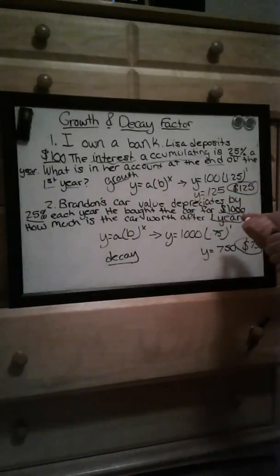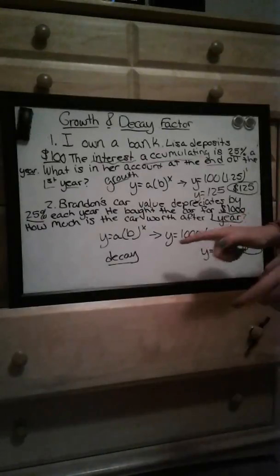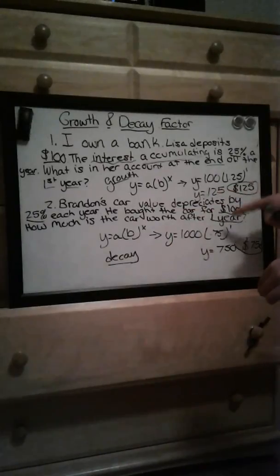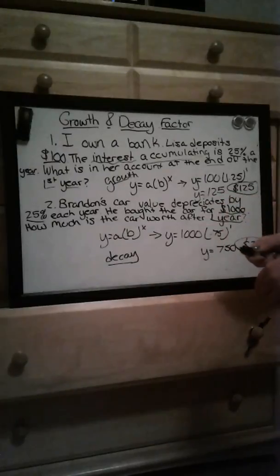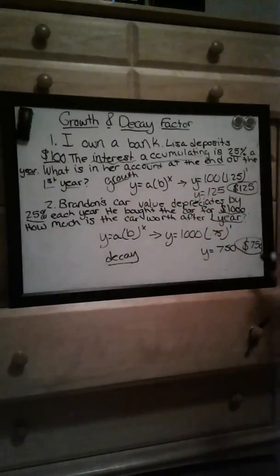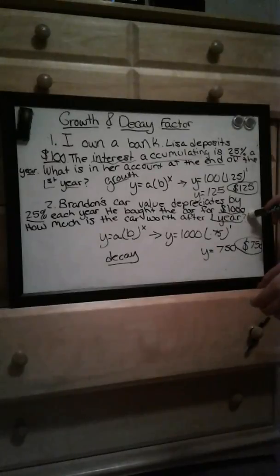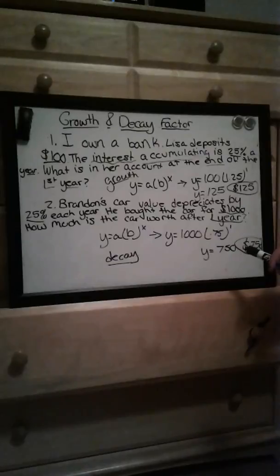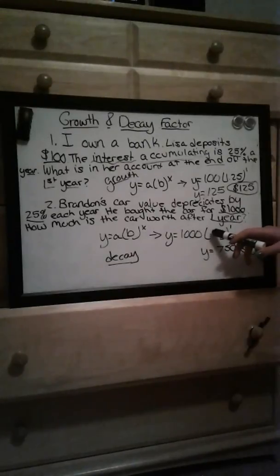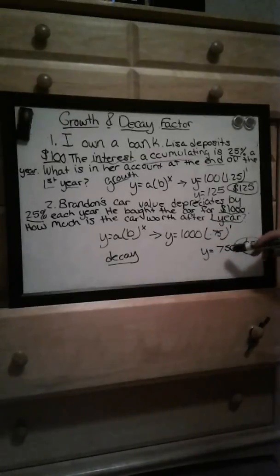If you remember from decay, we're going to take 1 and subtract our factor from 1. So since it's 25%, you're going to go 1 minus 0.25, and then you're going to get 0.75, because that's how much you have left. And we're looking for after 1 year. So remember, our x is time, so that's 1 year. So if we were to multiply this out, you would get 3 zeros, so you go 1, 2, 3, which is 750. So we know that our y equals 750,